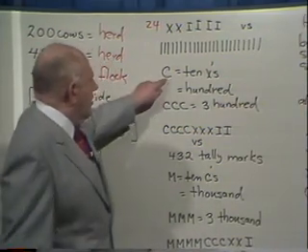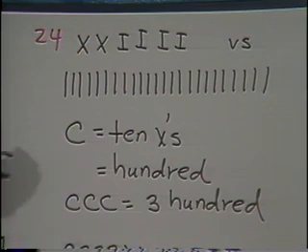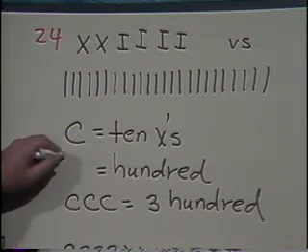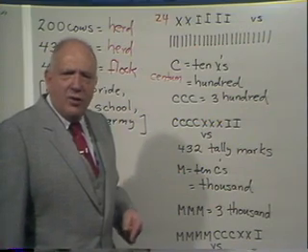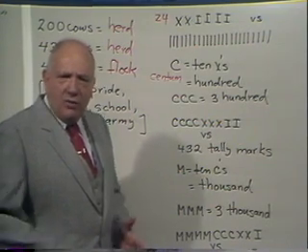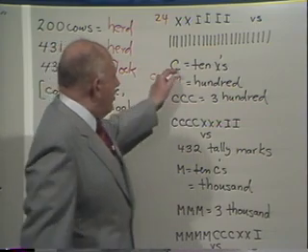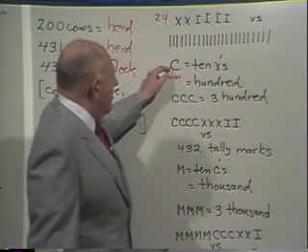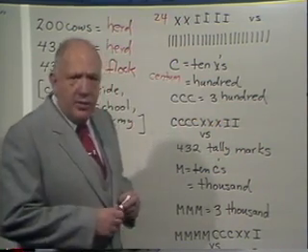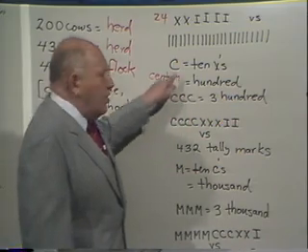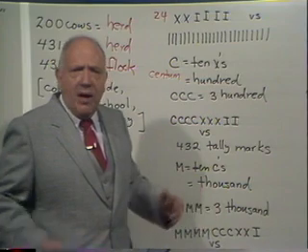But what they did was they took the letter C, that comes from the Latin word centum, which stands for 100, like the word century, right? Per cent, 100 cents to a dollar, per cent is per 100. A centurion, which was one of 100 elite Roman soldiers. You see, so 10 X's became replaced by a C, and since 10 tens is 100, C was the symbol for 100. And how do you learn that? You memorize it. And you say, well, how am I supposed to memorize all that?